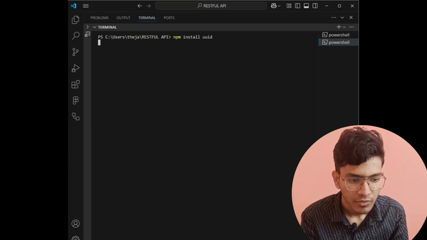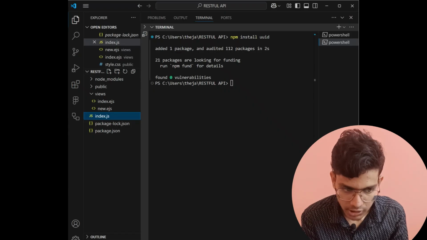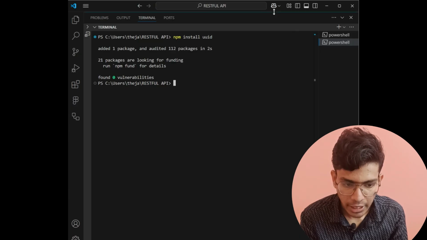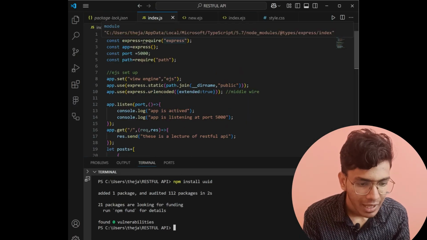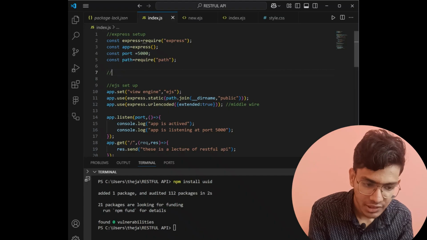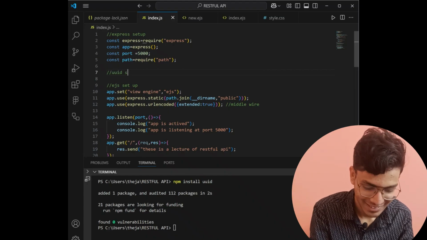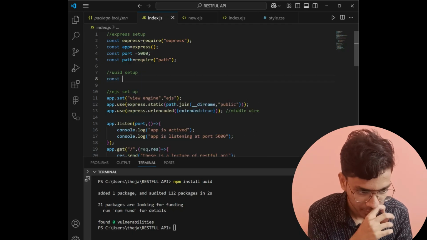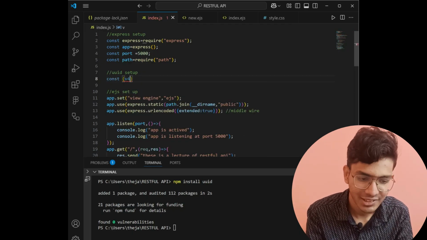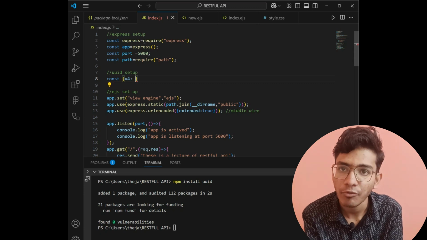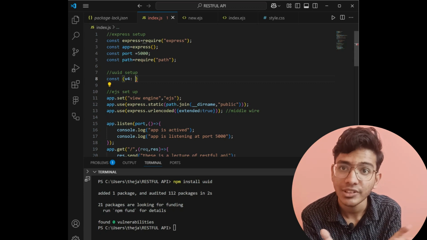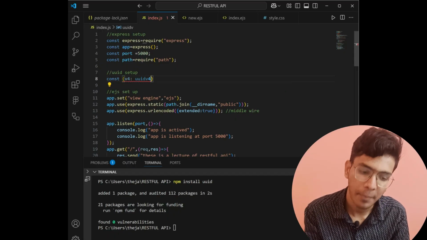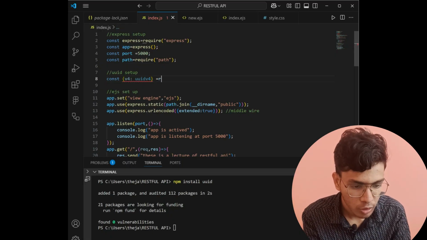Click enter. You will see your UUID package will start. Now I have installed it. Now in the index.js page, what I'm gonna do is that first of all, for UUID setup, I will write const v4. These are the standard lines which we have to write to use the concept of UUID. So here UUID v4 is the package which we have installed right now,